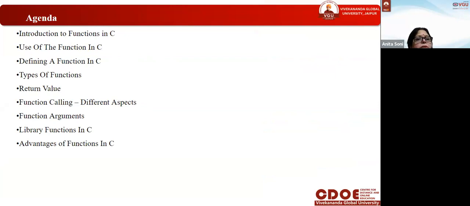Why do we need function? What is the use of function? How many types can you define a function? There are two ways. One is call by value and another is call by reference. In functions, you will see what is the prototype and how function is invoked and what is the meaning of